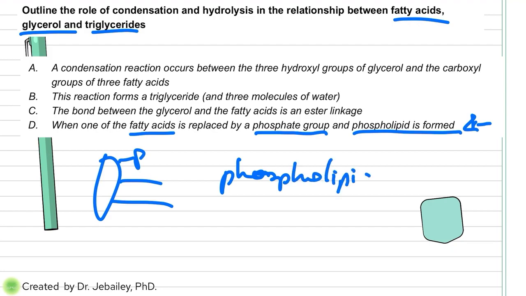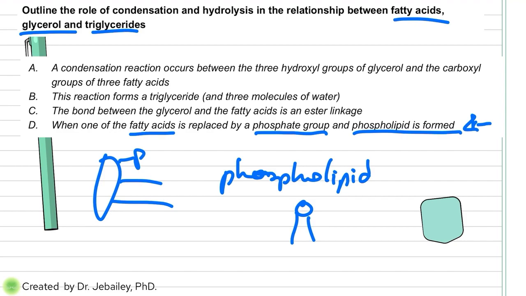which is also a fat, but this one, the phospholipid, is the one that you find in the cell membrane. So it's just saying you're switching out the triglyceride and putting a phosphate instead of a fatty acid. Who would have known that this would get you points on this question? Sometimes IB adds more things and you're like, I would have never known this. That's why getting exposed to previous IB exams and mark schemes can give you a little bit of enlightenment